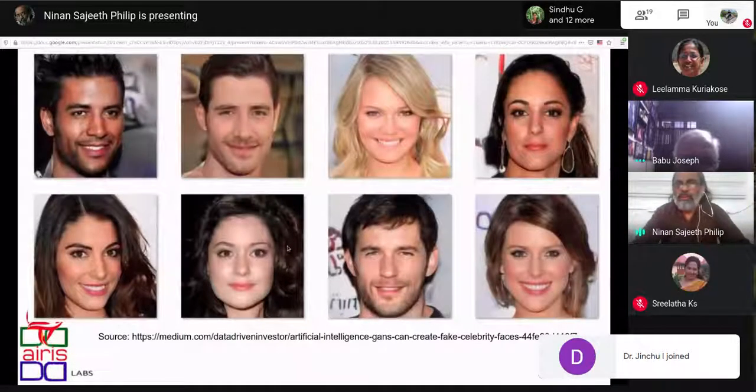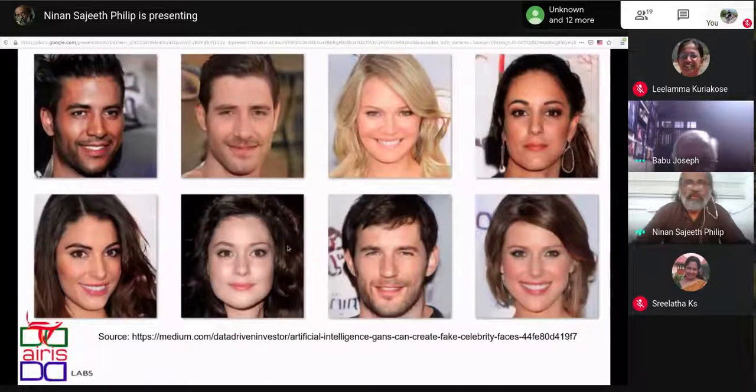Now, if you are not impressed by the quality of the images in the fashion goods, here are some beautiful faces. And I must tell you that none of them are real. They are fake images created by machines based on acquired knowledge of faces. See how realistic they look. And that is because machines have started to understand what we mean by attractive face, what we mean by fashion, what we mean by the face of a girl, what we mean by the face of a boy.